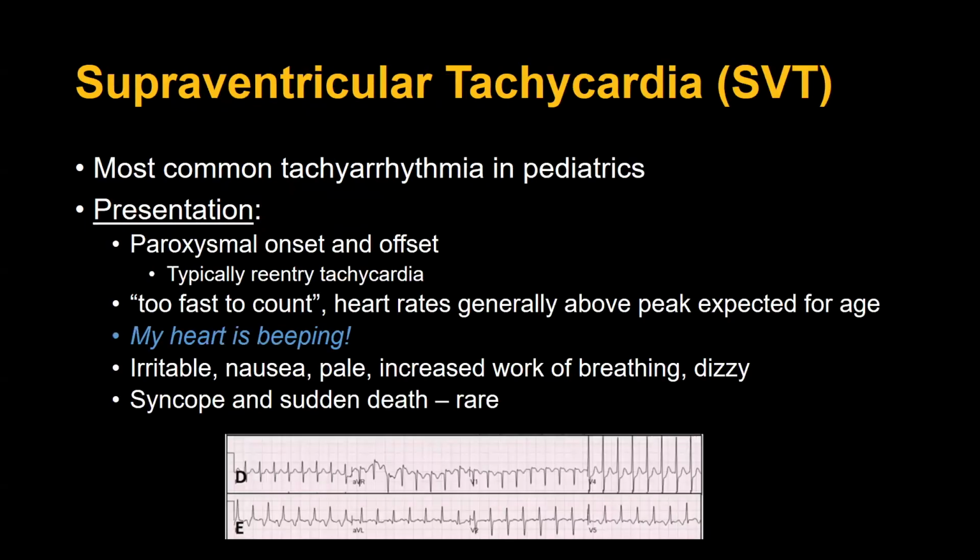And then I'll start with SVT. So this is our most common tachyarrhythmia in pediatrics. In terms of the presentation, typically this is a paroxysmal or sudden onset and offset. That's a pretty classic description of SVT. And the reason why